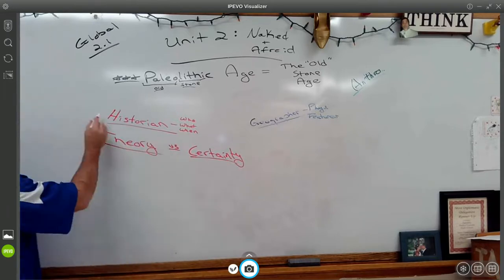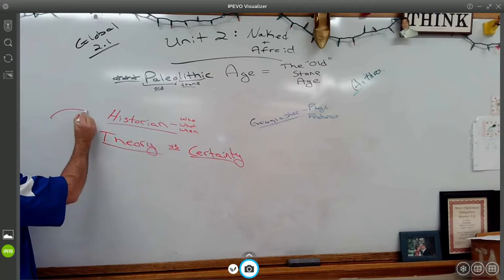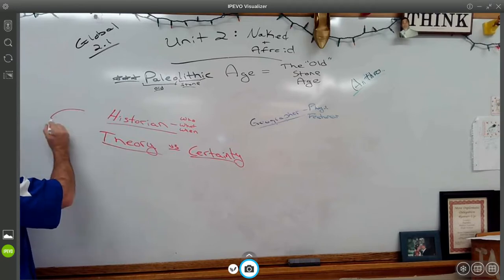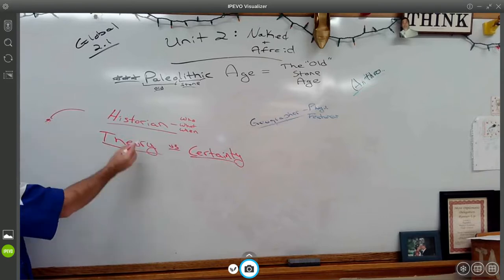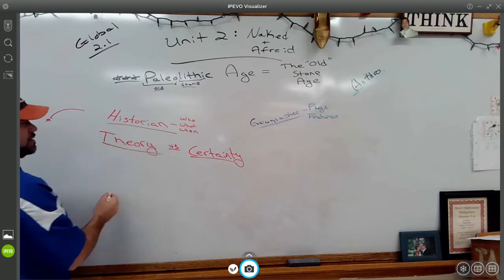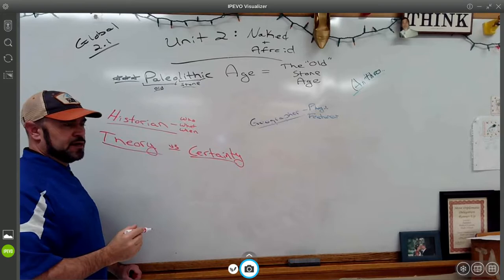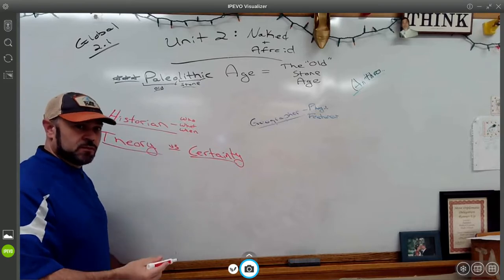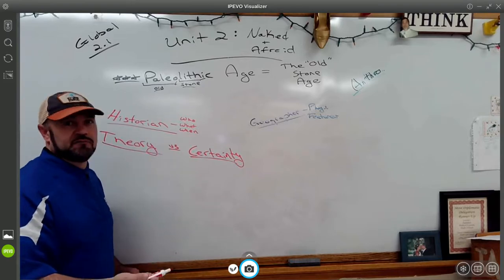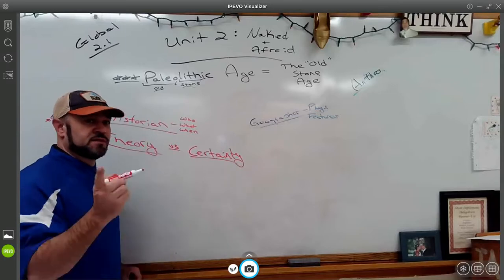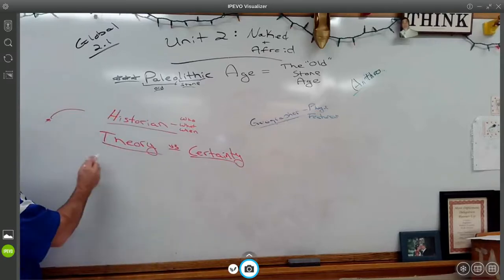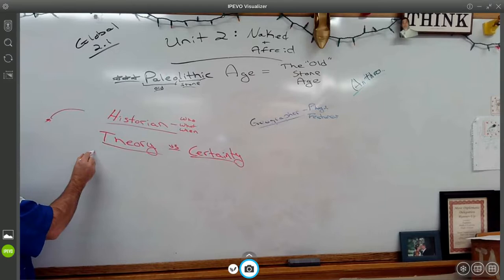And so in our little meter, right, when we talk about that meter of certainty and fact, and question and uncertainty, some of these theories we're going to say have a lot of evidence to support them, and other theories do not have a lot of evidence to support them and rely on something else, which we'll get to in a minute. So let's check out the first theory